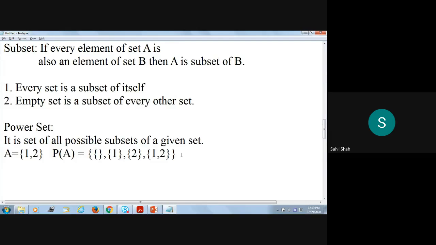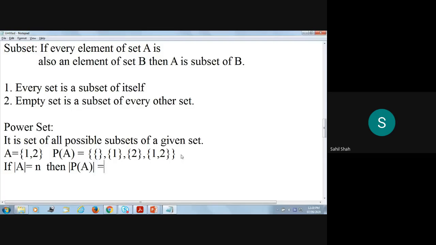So in general, we have a formula. If the cardinality of A is n, then the cardinality of P of A